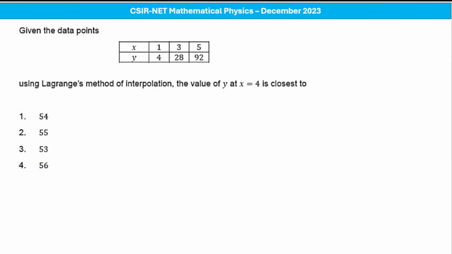Given the data points, using Lagrange's method of interpolation, the value of y at x equals 4 is closest to. This is a question from numerical techniques. There are many methods of interpolation like forward difference, backward difference, Lagrange's method. Here you have to use the formula for Lagrange's interpolation method. So for nth order,